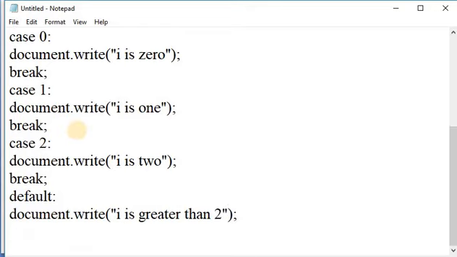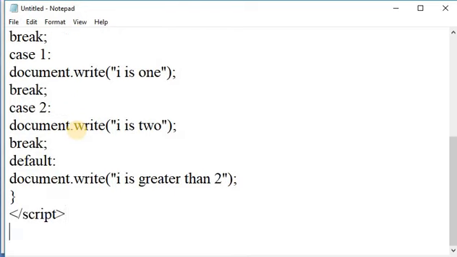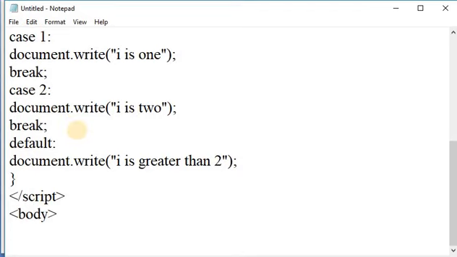Okay. Next, close the switch case, close the script, close the body tag, and close the HTML tag.